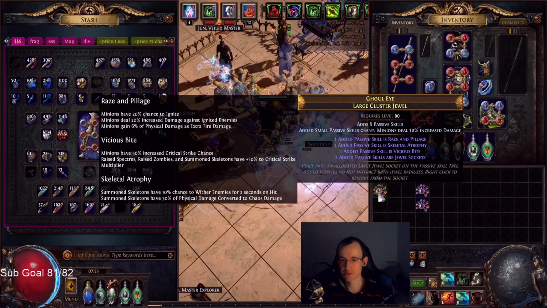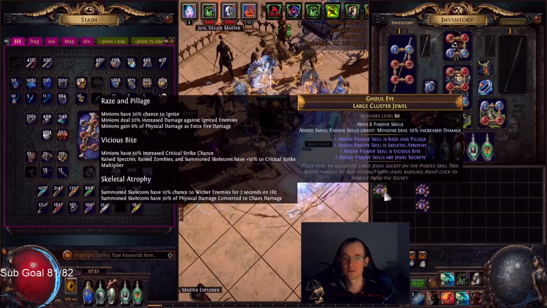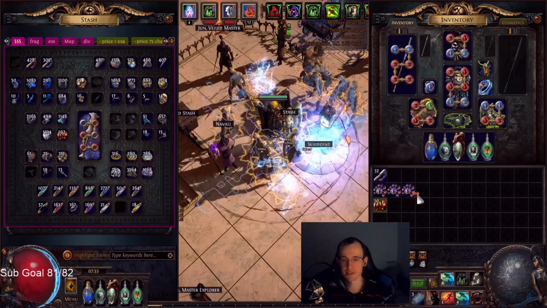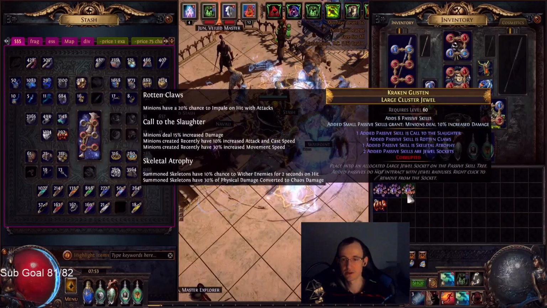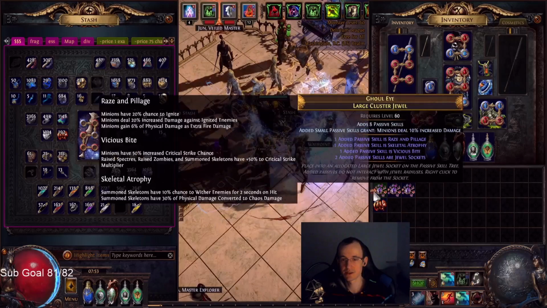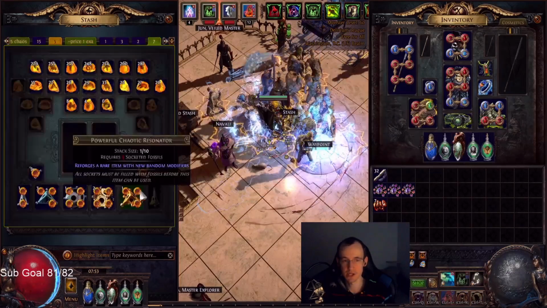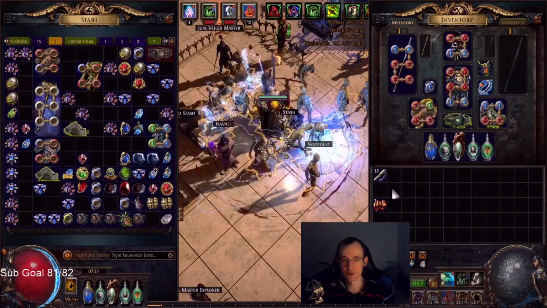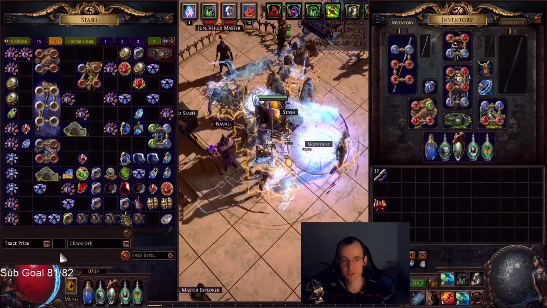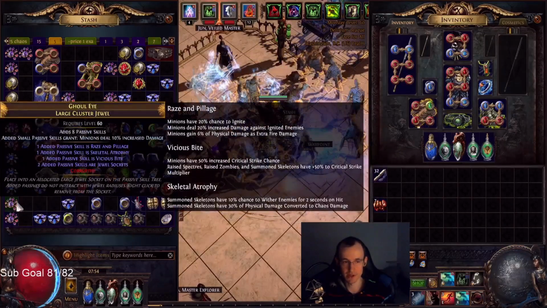Oh, look at that. Vicious Bite, Raise and Pillage, Skeletal Atrophy. Okay, let's just corrupt them. That's disgusting. Here you go. It changed. And here you go. Okay, no good corruption. But I had to do it. What I'll price them at, I don't know. Figure it out. This one's dead. It's 1x. That one's 1x no matter what. And then these look like